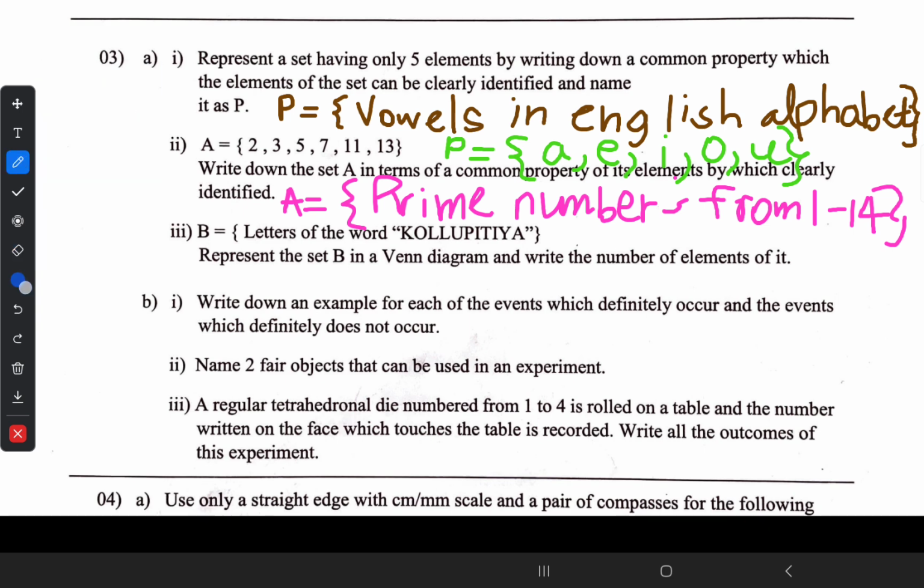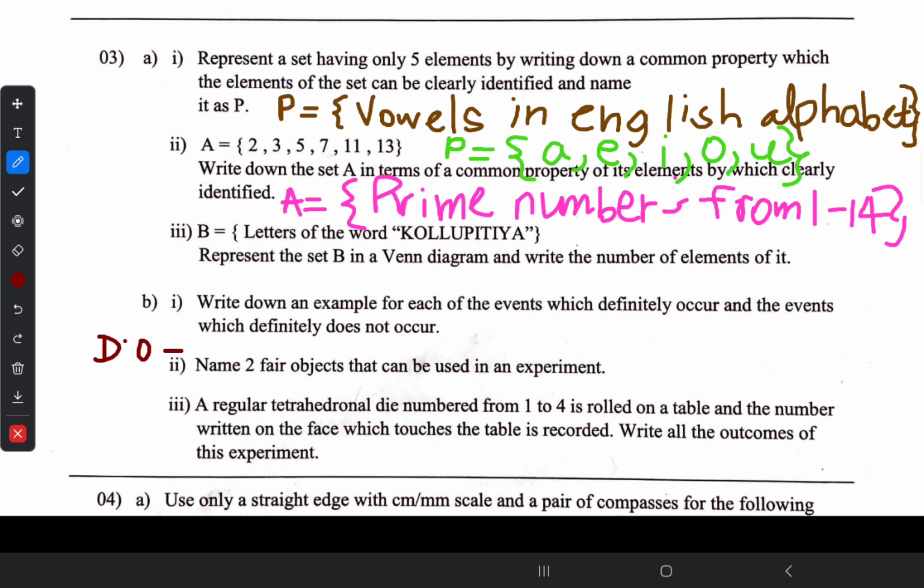And in part B, we have some more questions. Write out an example for each of the events which definitely occur and the events which definitely do not occur. Likewise, we have to name an example of two events. Okay, for definitely occurring,